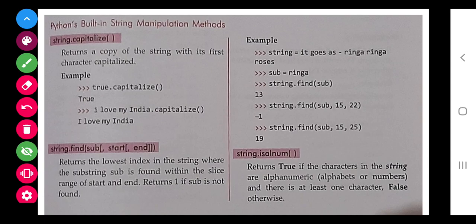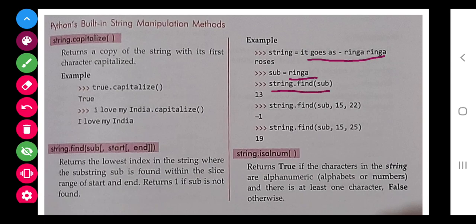Now the second is find, to find a substring. Class, in this there are different methods, out of which some examples are formed. Find will return the lowest index of that particular substring. As here you can see that one string is there and a substring is there.